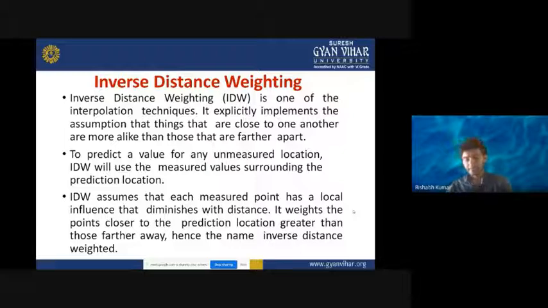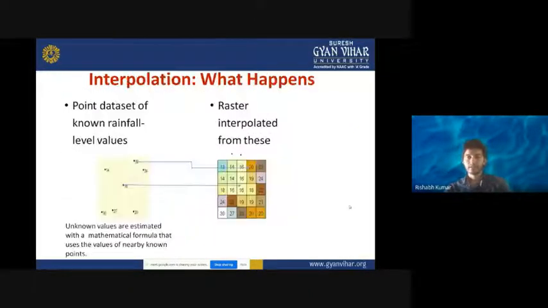राइट, तो ये किस प्रिंसिपल पे वर्क करता है आपका इनवर्स डिस्टेंस वेटिंग मेथड? जो चीज़ें पास हैं या जो लोकेशन पास हैं, वहाँ पर डाटा या वहाँ पर वो फिनोमिना ज़्यादा क्लोज टू होगा इंस्टेड ऑफ दोज प्लेसेस जो कि दूर हैं। आप किसी पॉइंट पे कोई वेरिएबल की वैल्यू निकालना चाह रहे हो, है ना, तो उस वेरिएबल का जो अमाउंट होगा, जैसे सपोज आप रेनफॉल फाइंड आउट करना चाह रहे हो किसी एक स्पेसिफिक पॉइंट पे, you want to find out the amount of rainfall at a specific point. तो ये क्या जूम कर रहा है कि जिस पॉइंट पे आप रेनफॉल निकालना चाह रहे हो, जो आपके नोन वैल्यूज हैं जो कि उसके पास हैं, वो उनसे ज़्यादा मिलती होगी जो पास है नोन डाटा, इंस्टेड ऑफ उन डाटा से जो कि दूर है, राइट।